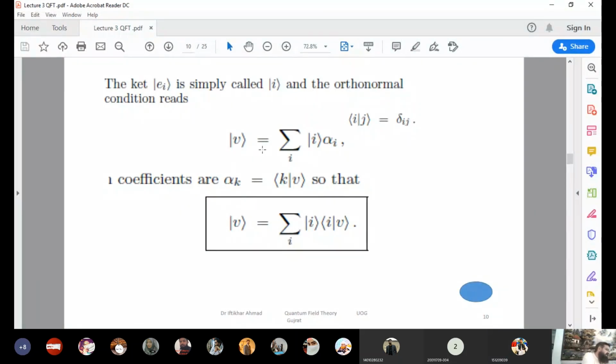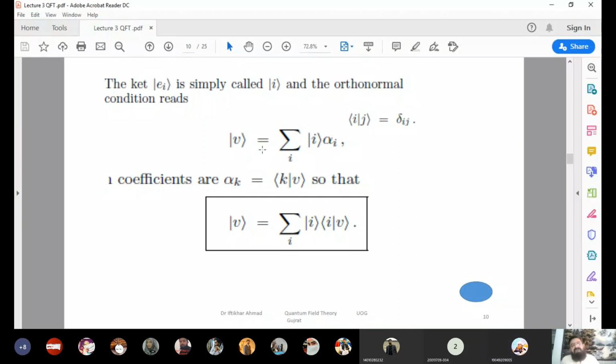Understand this point? Any vector V can be written as a linear combination of the basis vectors. The basis vectors are E1, E2, E3 up to En. Understand? In the previous slides, I already told you how you can write vector V. V is equal to alpha I EI. But when you put it in the form of ket notation...